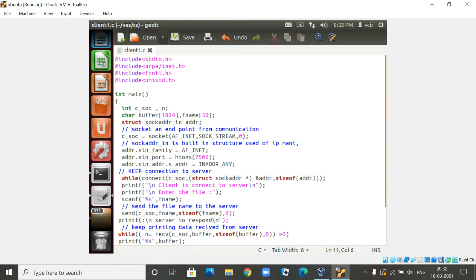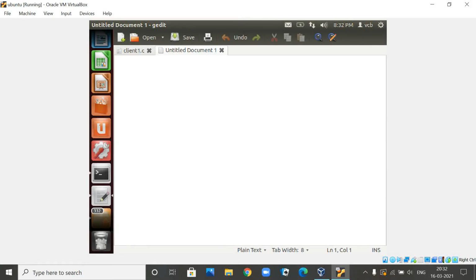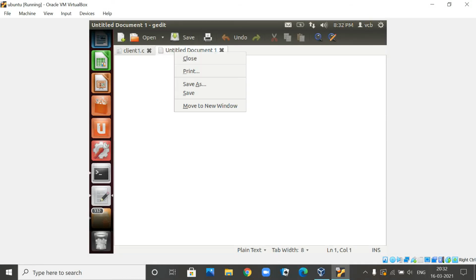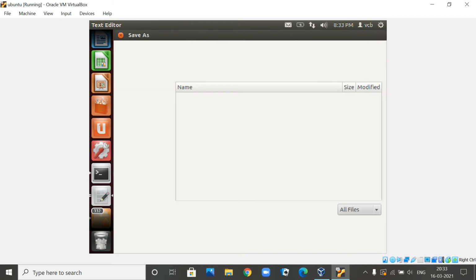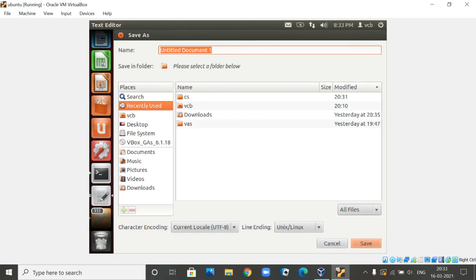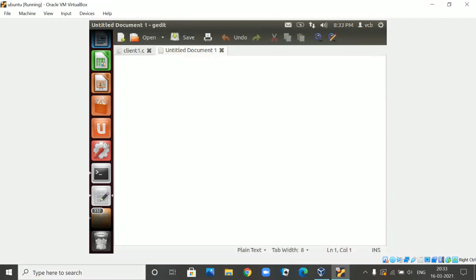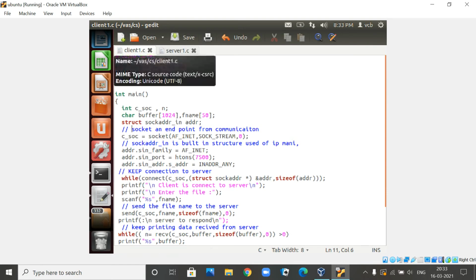Right? Now we are supposed to write another program called the server. Clear? So now I will open another untitled document. We will save this in the file folder, and create it as a server. So now the client is over, now the server begins.